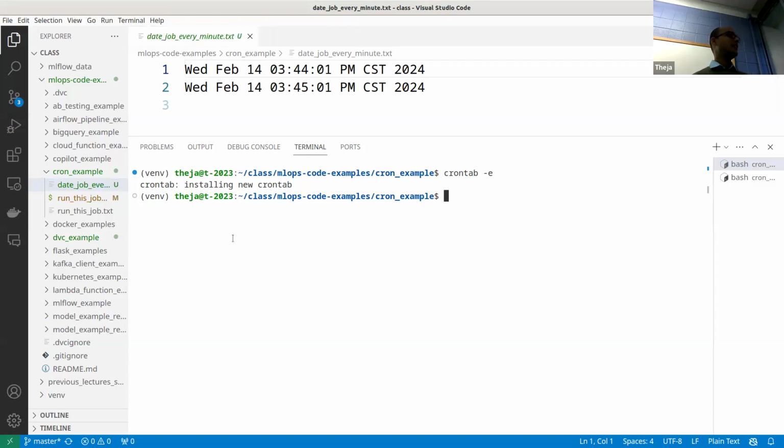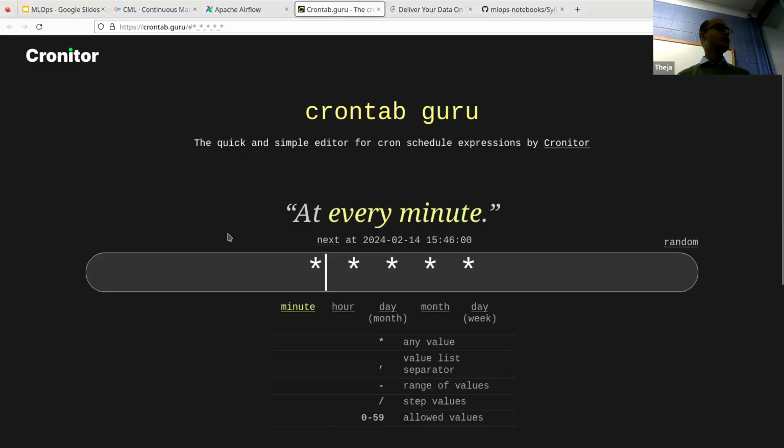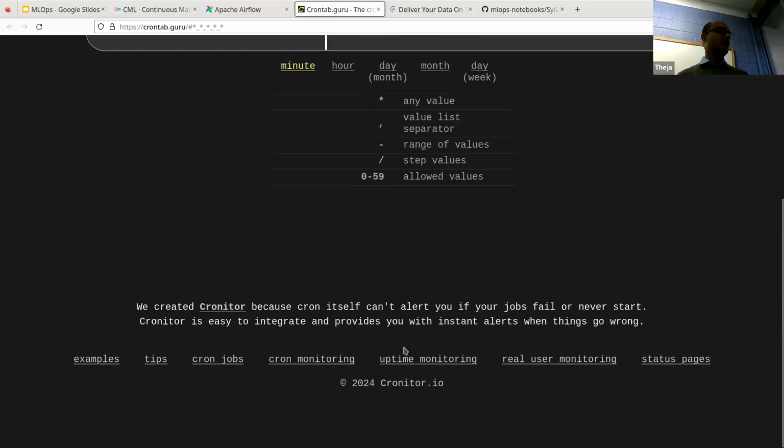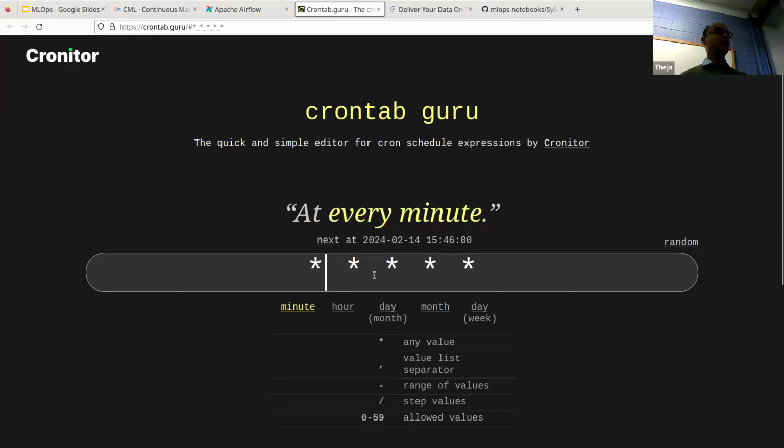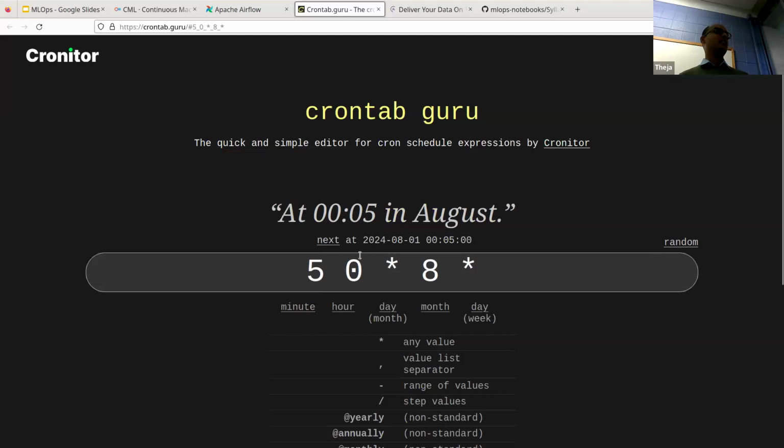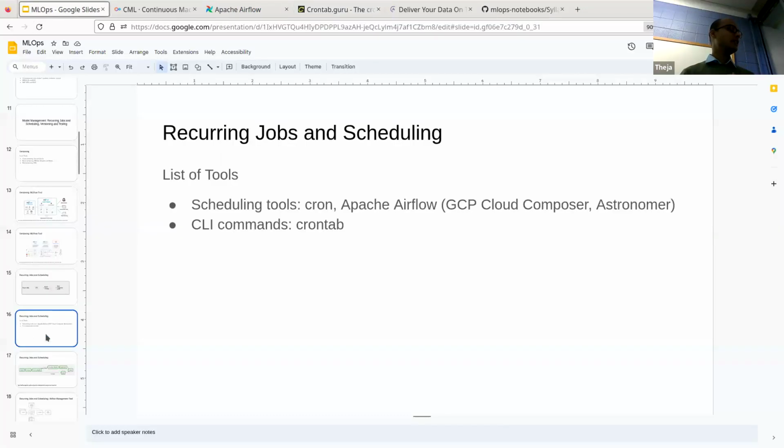So next we'll look at Airflow. Before getting into it, this tool is just a simple way to get a sense of what frequency you want to run. For example, if you pick a random choice, it says the 5th minute after midnight, in the 8th month of the year. It's just an interpretation so that the computer understands when you want to run it. Okay. So with that, let's skip over to the next tool.